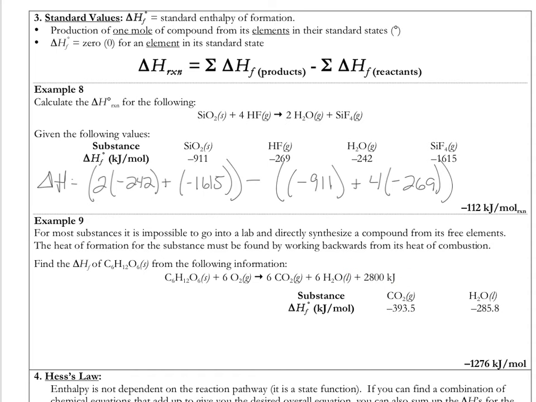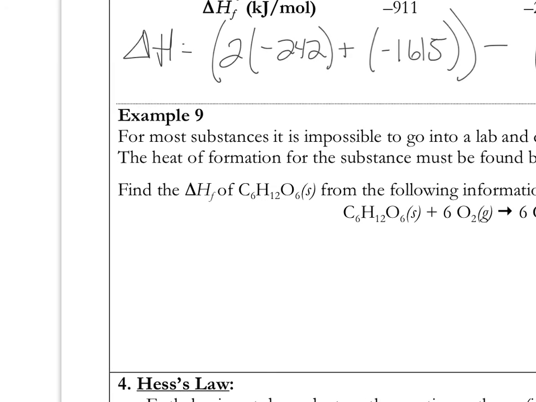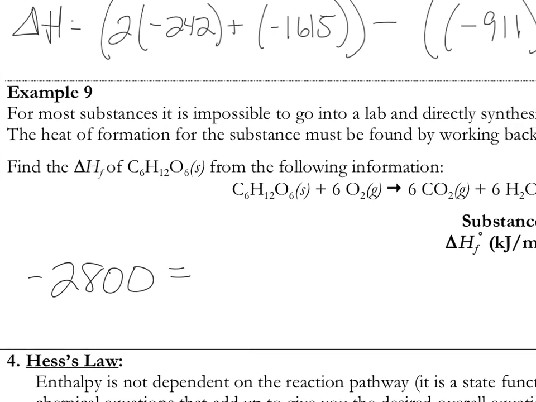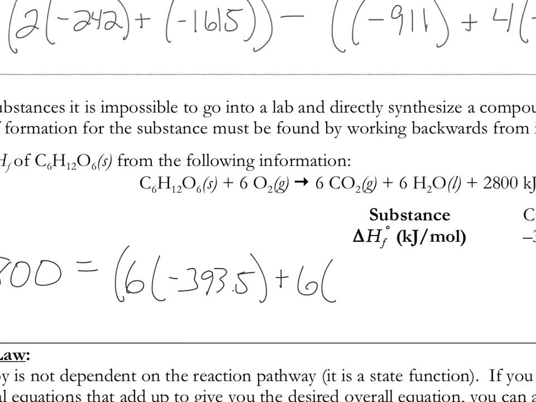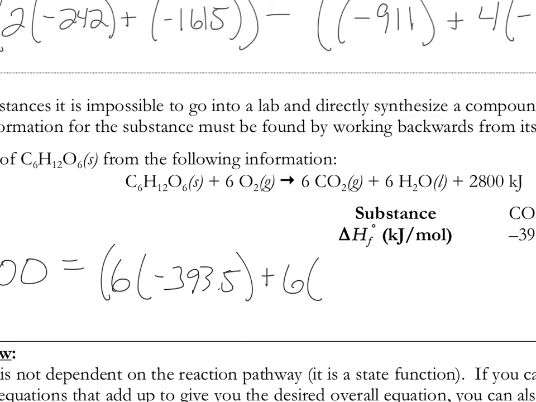The key thing that we have here, in addition to this table, is our heat of reaction, and we want to remind ourselves that that is exothermic, which means that's negative 2800. So as I zoom in down here, negative 2800, that's the overall delta H, equals products minus reactants. So slide over slightly here. We have 6 CO2s, and the CO2's negative 393.5, plus 6 of the H2O's, slide a little bit more there. H2O is negative 285.8,